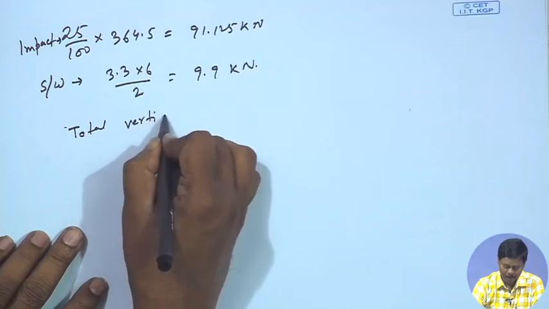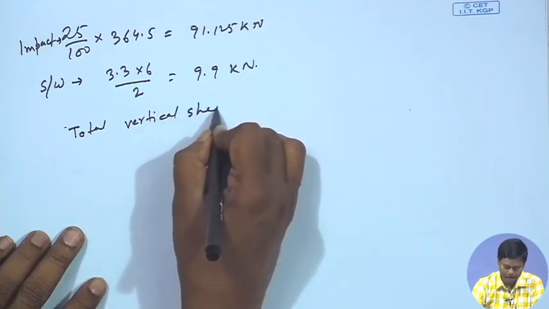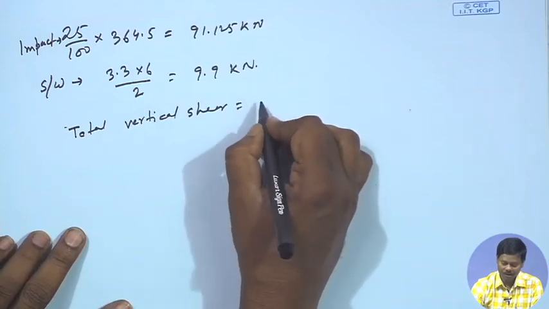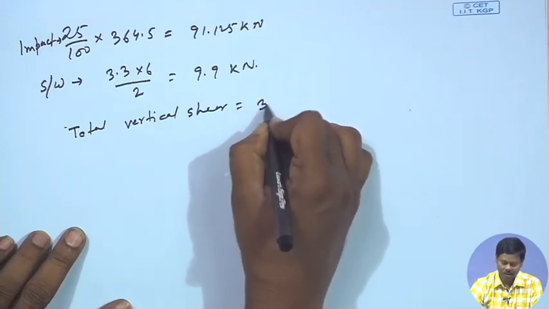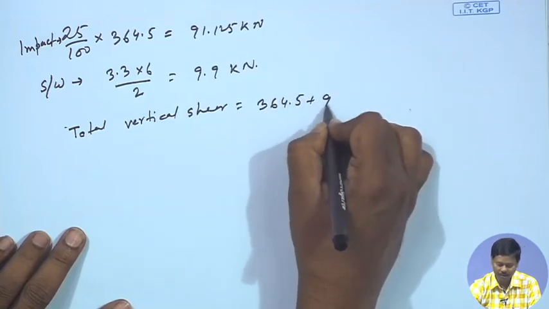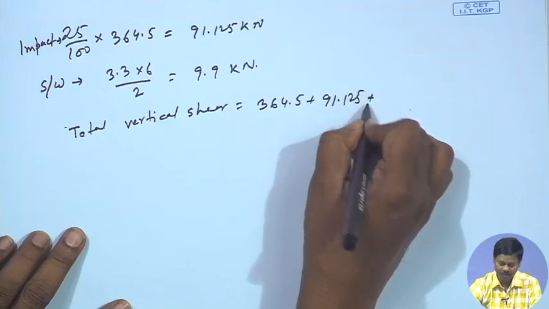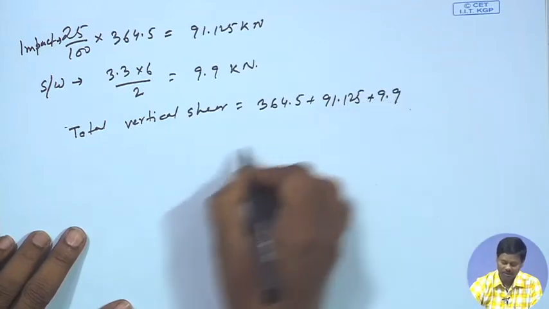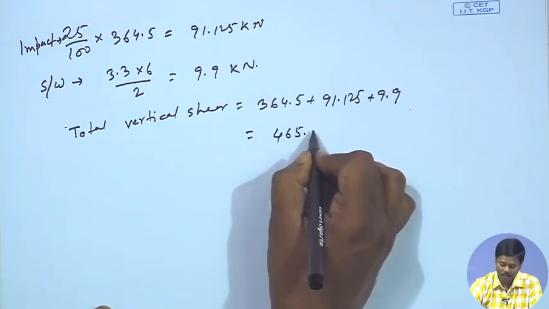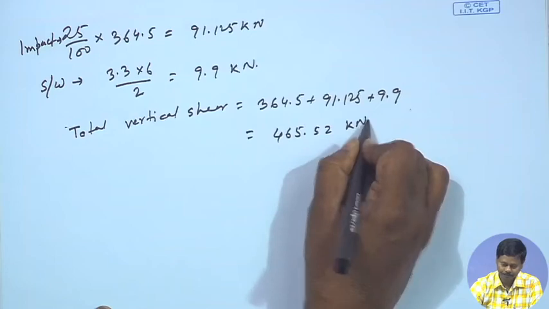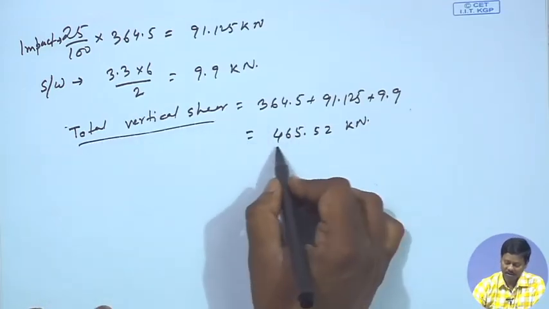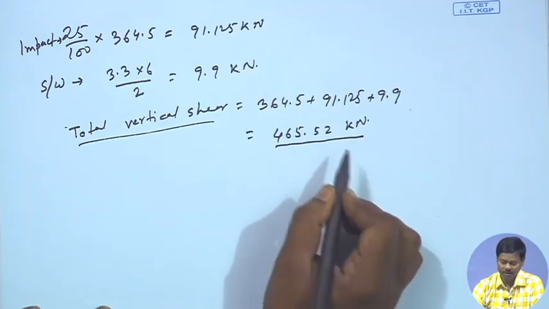Okay. So, total vertical shear I can now find out. Total vertical shear will be how much? Earlier we got 364.5 plus due to impact we got 91.125 plus 9.9 is due to self weight. So, total is coming 465.52 kilonewton. Okay. So, total vertical shear we got this,